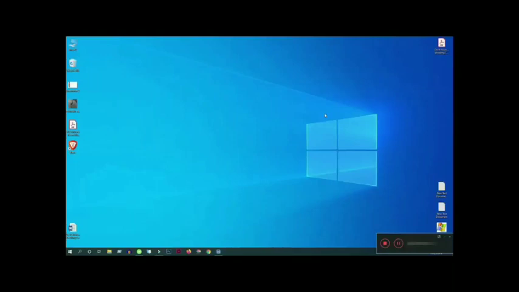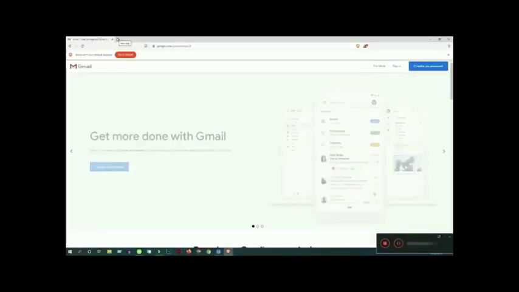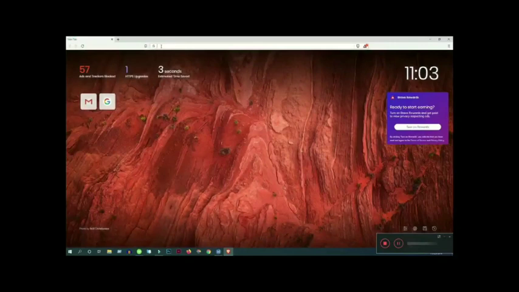So let's start how to do it. Firstly, you have to open a new tab. Then you have to put Gmail on the address bar.